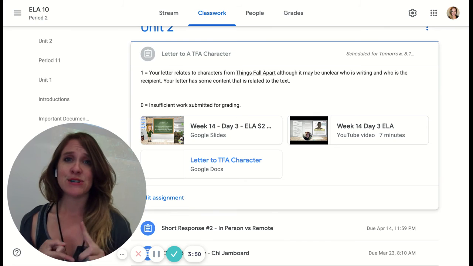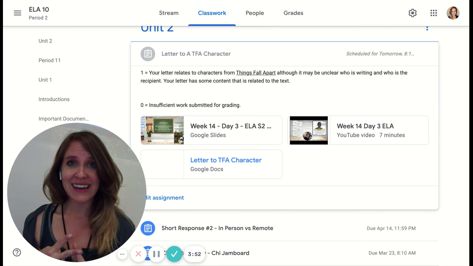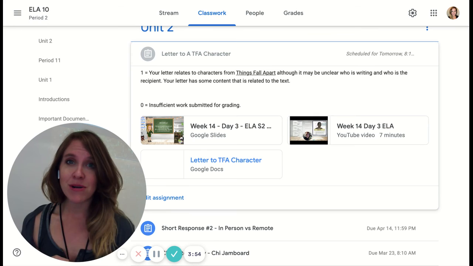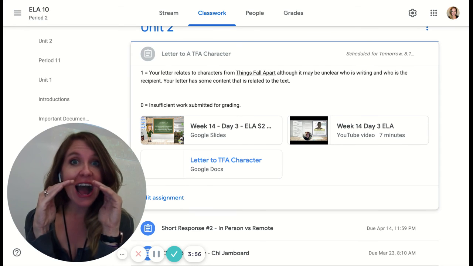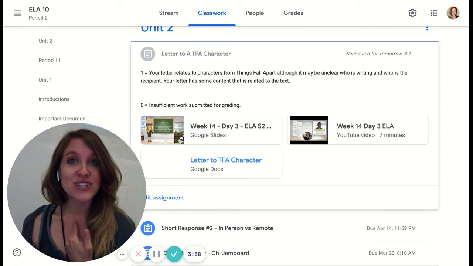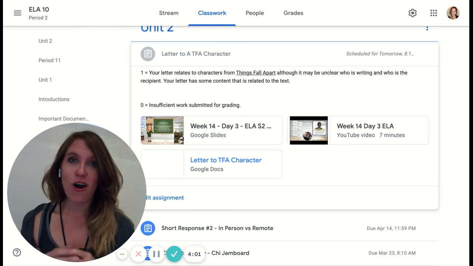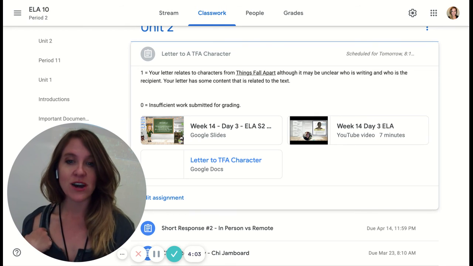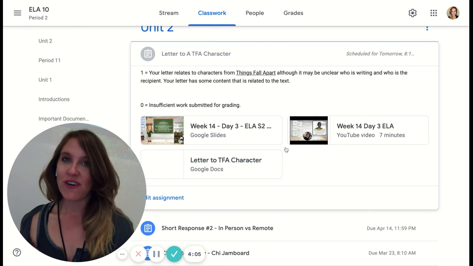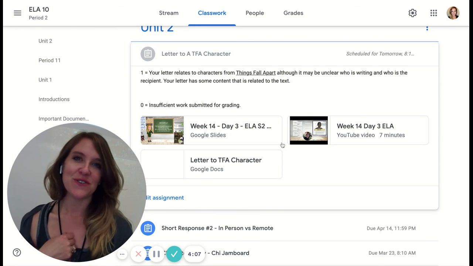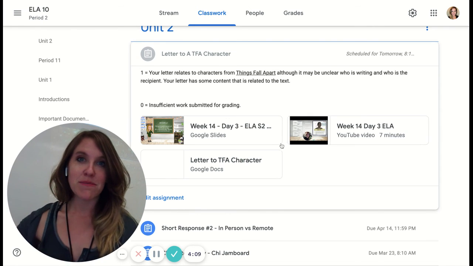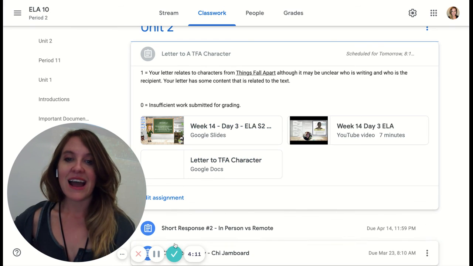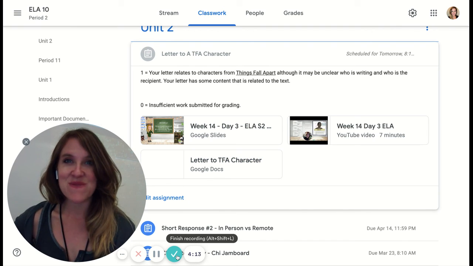But make sure you take time to revise, spell check, try to pay attention to your grammar, capitalize the letter I when you're referring to yourself in the letter, all of those specific things that we've been kind of talking about and working on. If you have any questions, please feel free to leave a comment right below this in the Google Stream, and I will get back to you just as quick as I can with an answer.